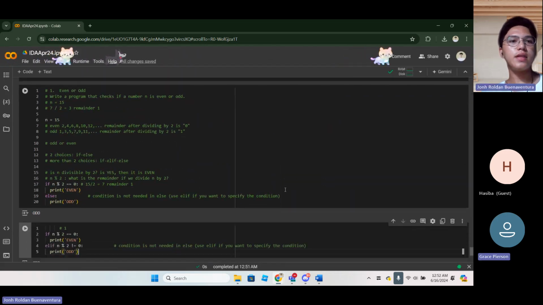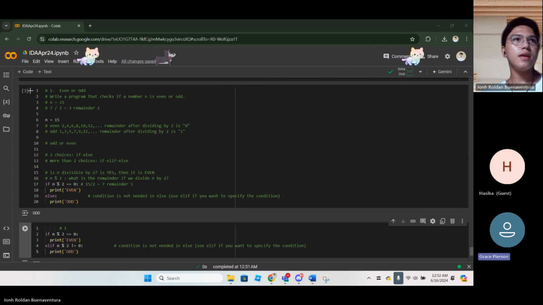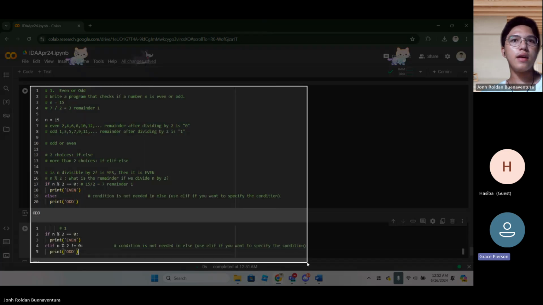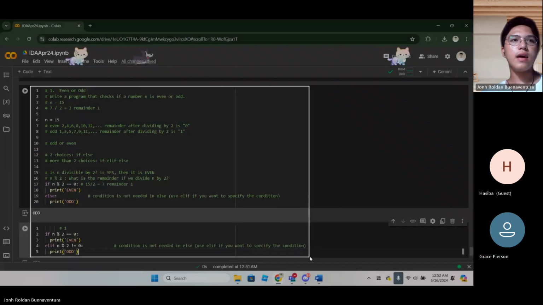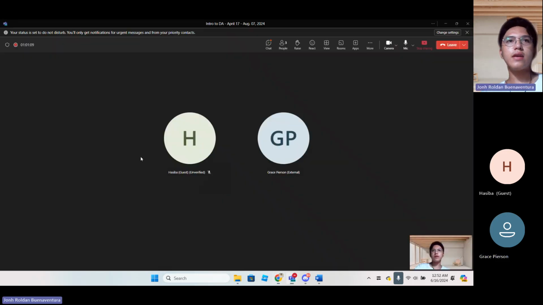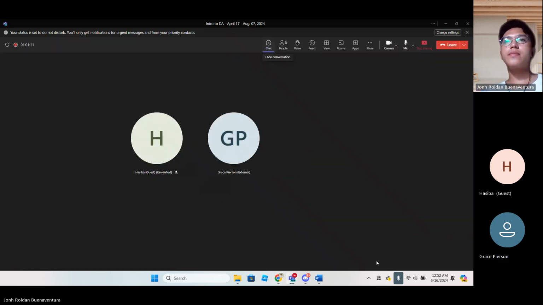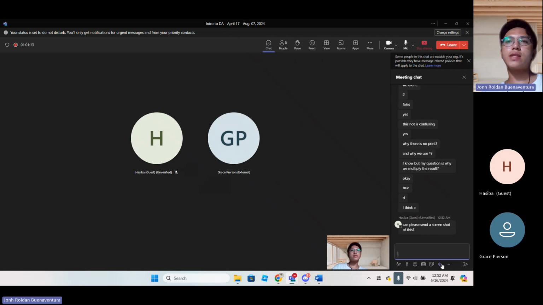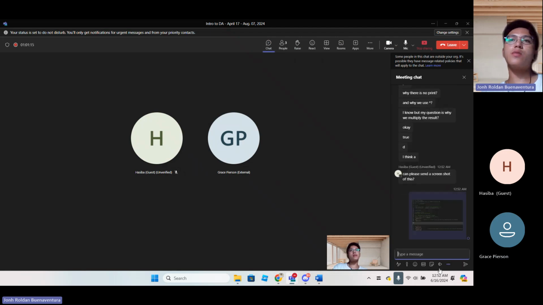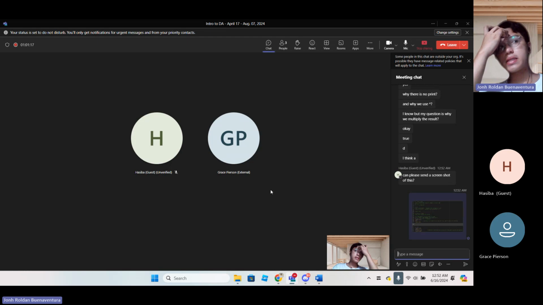So we need n percentage sign 2 equals like that would be 10. In the case of these conditional statements, I think that's the most challenging part when we are talking about the divisibility of something.